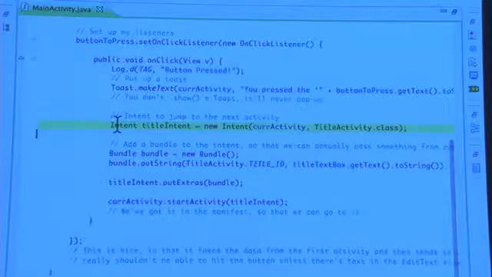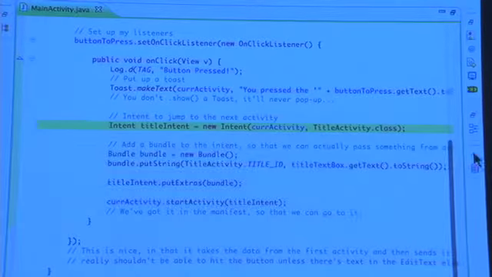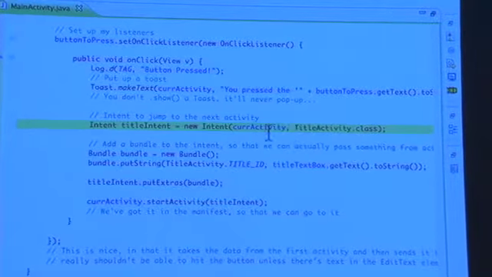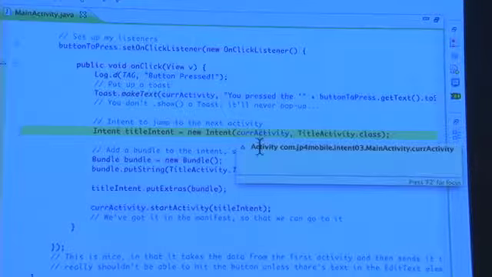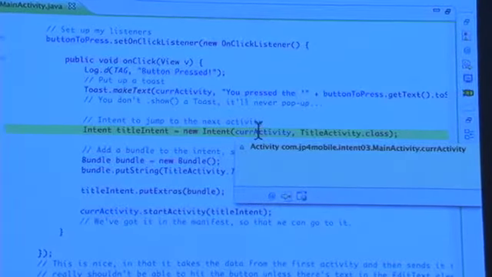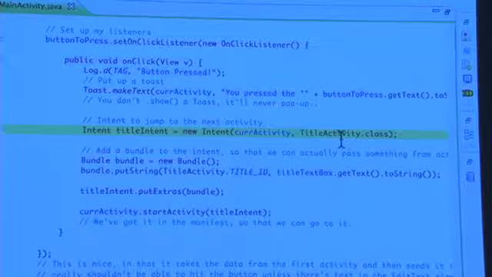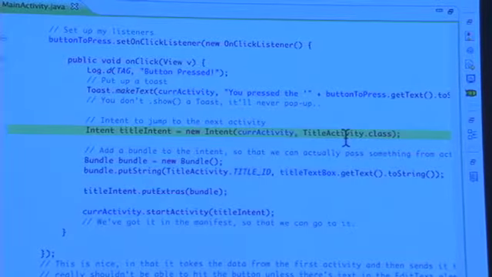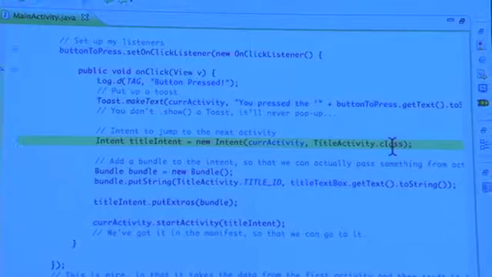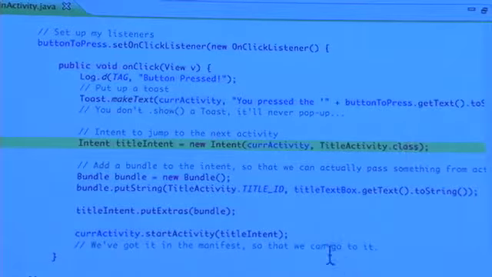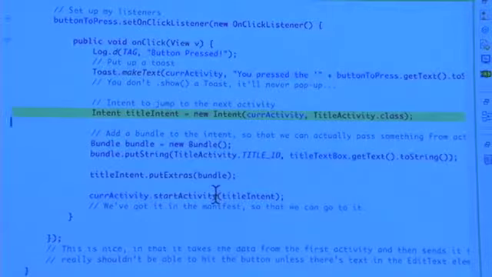We've got the intent that we had last time, which creates an intent that will take the current context, in this case main activity, and jump to the new activity, which is the class that we're going to be jumping to once the start activity